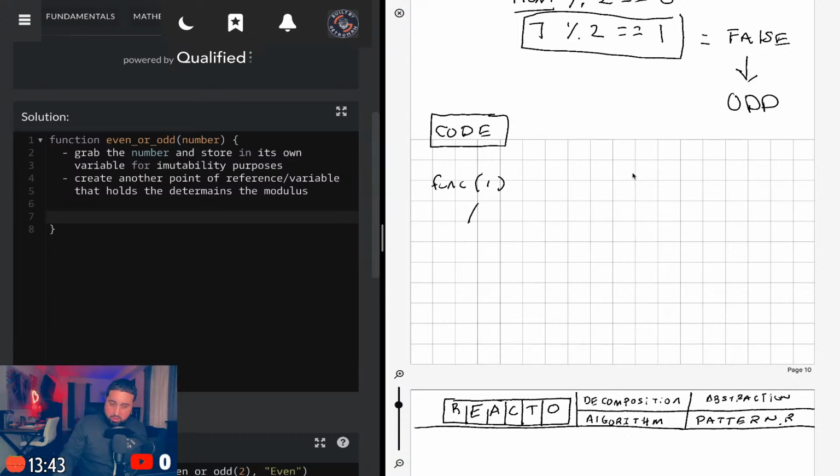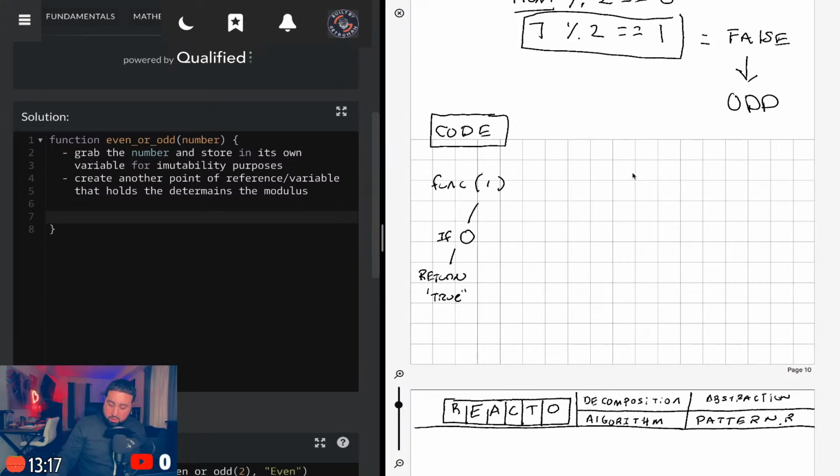So here we'll say if 0, return the string true, right?